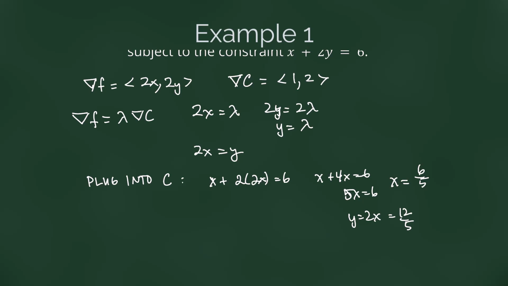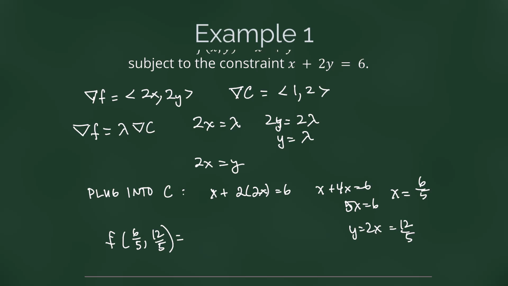So if we look at f of 6/5, 12/5, our function was x squared plus y squared, so we're going to get 36/25 plus 144/25, which is 180 over 25, which can be simplified down. If we divide that by 5, we get